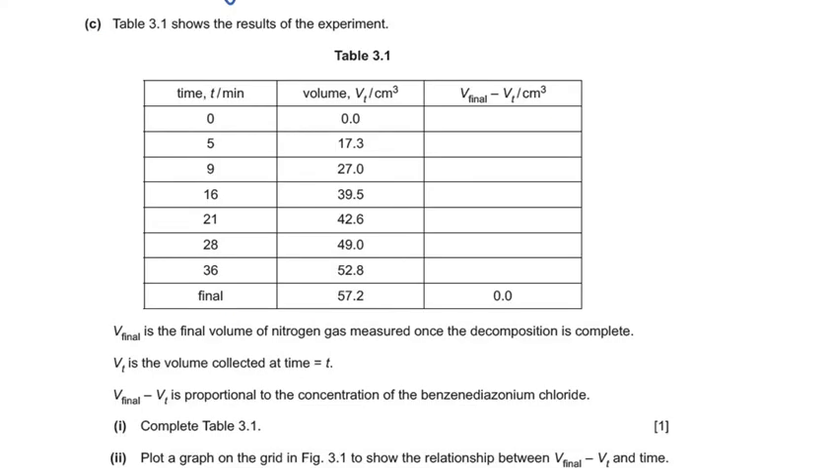So sub question C shows that table 3.1 shows the results of the experiment, and here is a table with three columns where the first column shows time in minutes, the second volume Vt in centimeter cube, and the third column says V final minus Vt. Now V final is given here, 57.2 centimeter cube, which means the final volume of gas produced during the experiment, and V final minus Vt we have to fill up in the third column. So what we have to do is keep on subtracting, that is 57.2 minus 0.0, so we